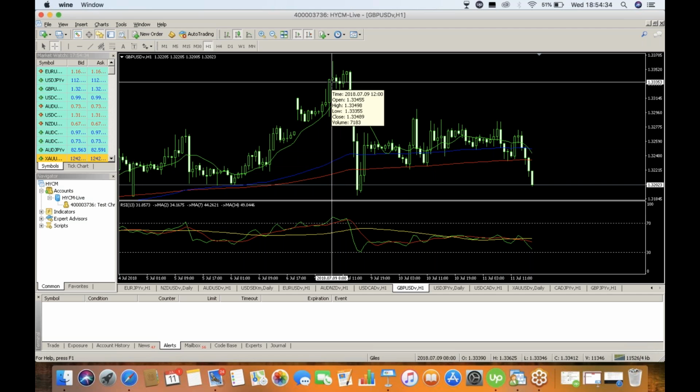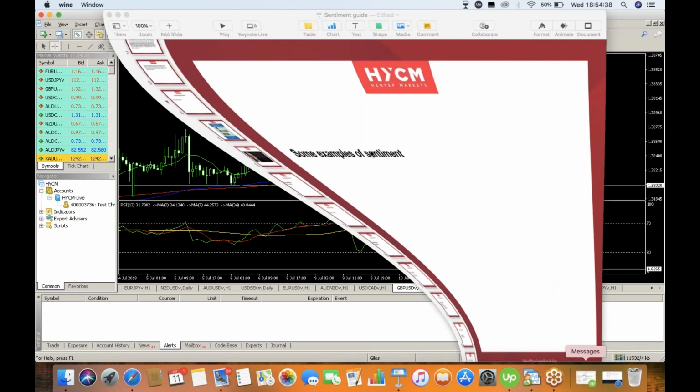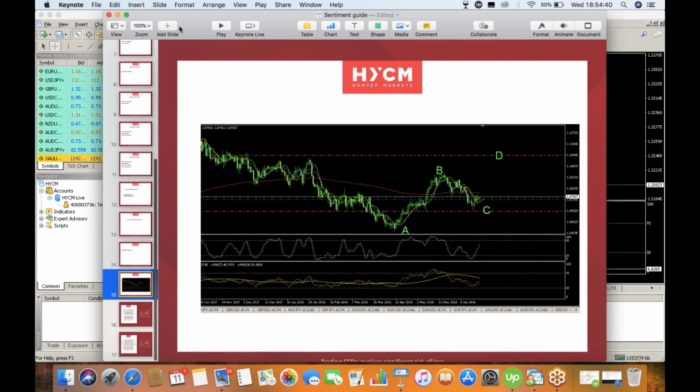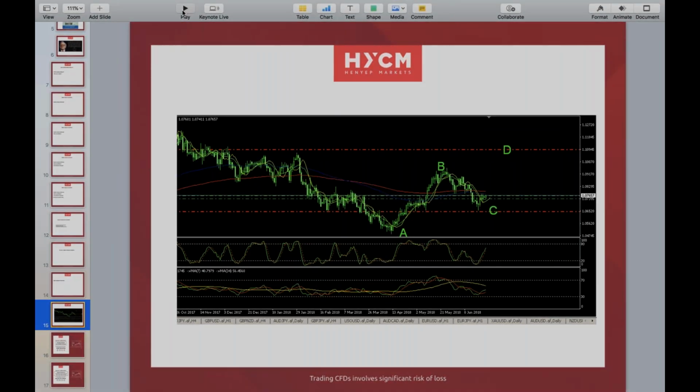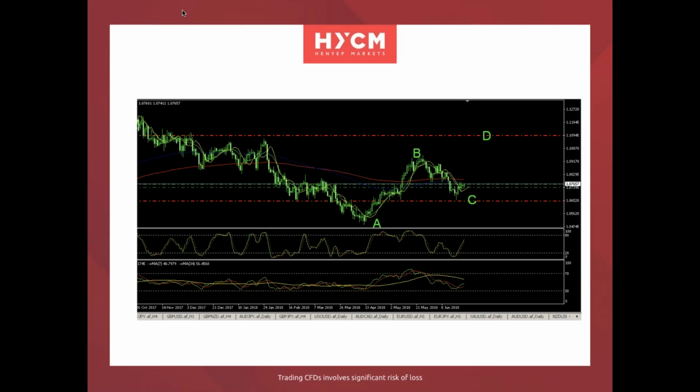I will show you another chart, and I've got one prepared that I've put up on my guide here. This is a trade I took on the 25th of June. What happened here, this is the Australian New Zealand dollar currency pair. So I'm trading long Australian dollar, New Zealand dollar.